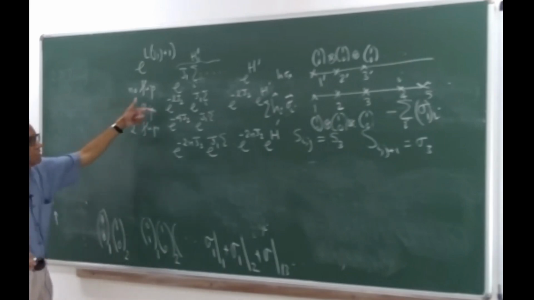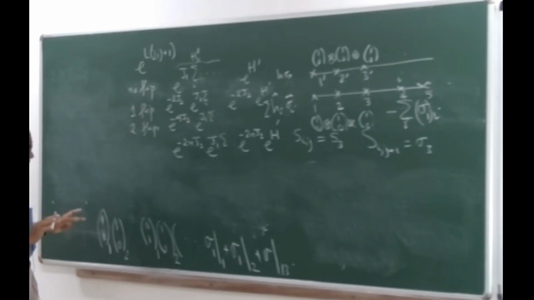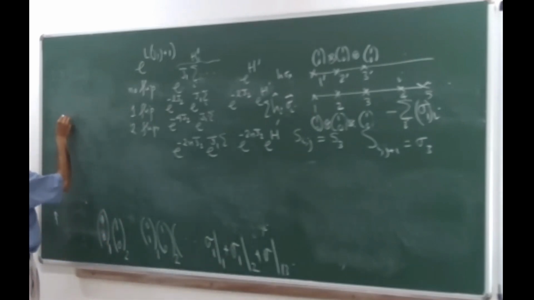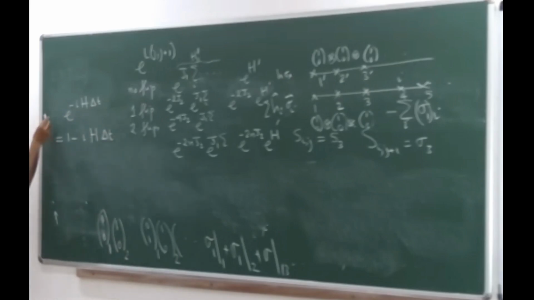So these are the flip strengths, and now all right. I want to write the whole thing as going from one step to the next step as E, and this is small. This is to be written as IH delta T. So this E to the power, I mean this L which goes from J to J plus 1,